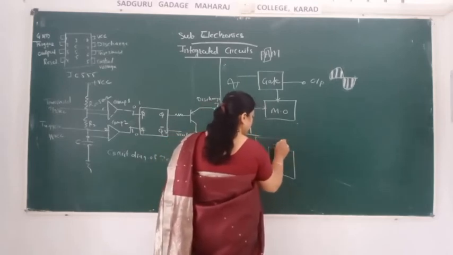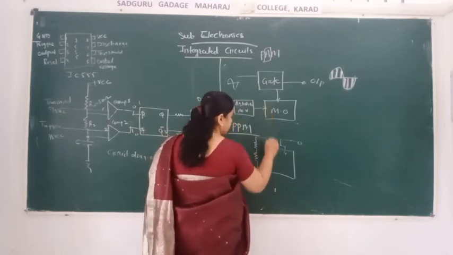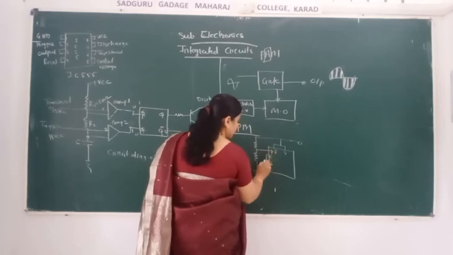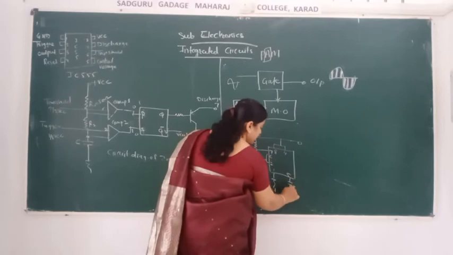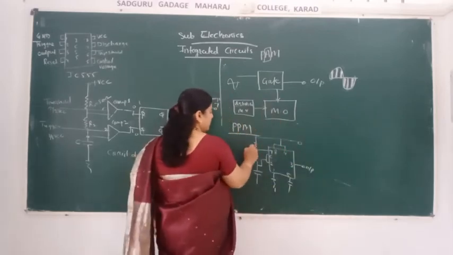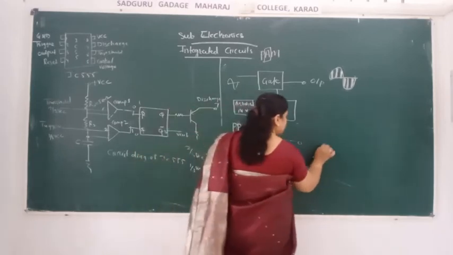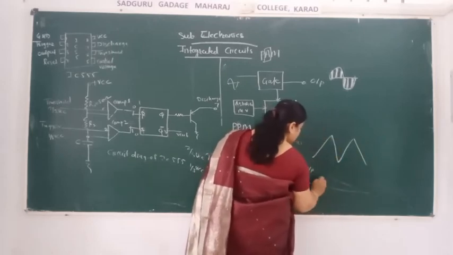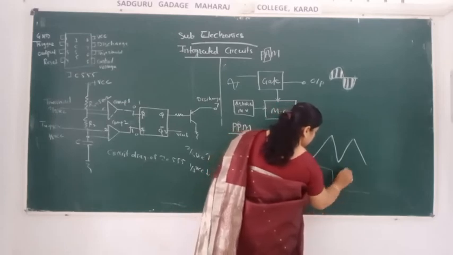This is pin number 4 and 8, and this is what we have drawn here only. Pin numbers 2 and 6, and 7 are connected here. Pin 1 is ground, 5 is for the capacitor, and 3 is for the output. At that time what happens? With this R1 and R2, the pulse position will change only if the triangular wave is given. At that time what happens? Its pulse will be changed.